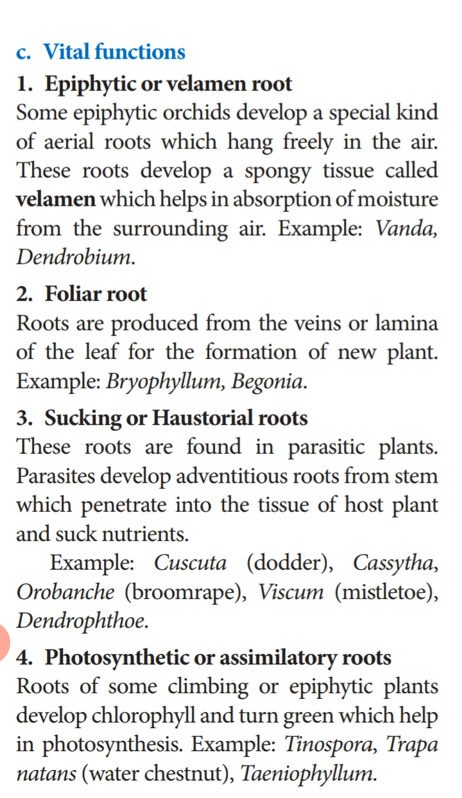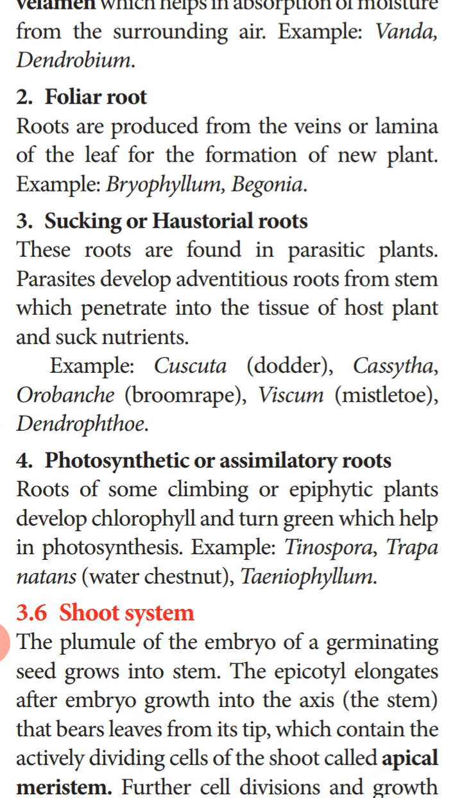The next type of modification seen in adventitious roots is the photosynthetic or assimilatory roots. Roots of some climbing or epiphytic plants develop chlorophyll and turn green, which helps in photosynthesis. In some plants, during the rainy season or through some adaptations, these roots become green in color and are able to photosynthesize. Such roots are called photosynthetic or assimilatory roots. So these are the various modifications of the roots, of both the taproot as well as the adventitious roots, to perform some additional function for the